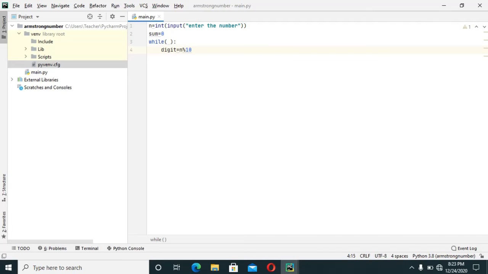Next, our next task is to raise this remainder to the power of number of digit. So to know the number of digit in the number entered by the user, we typecast the number into a string using a string function, then use length function to find the length of digit. So in this way we got number of digit. So to do this, we create a variable named order.